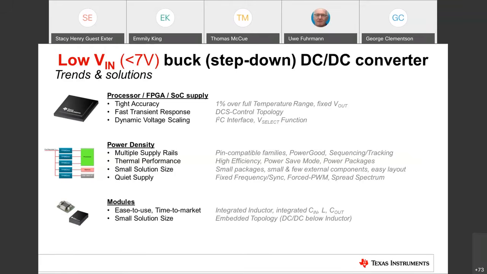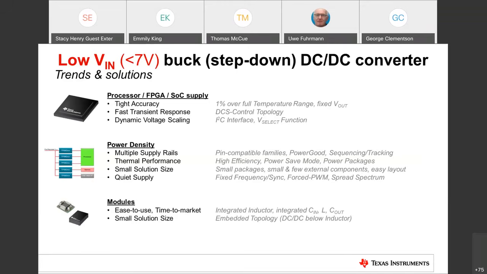With that comes, of course, some changes also in the power supply, because many of these processors and FPGAs are specified, for example, with a 5% or a 3% accuracy requirement of their supply rails. And having 5% of 1 volt supply, you just have 50 millivolts with all the changes on load transient and ripple on that.